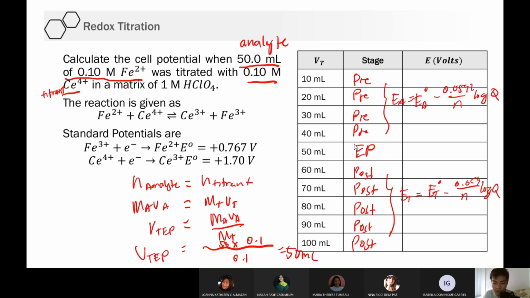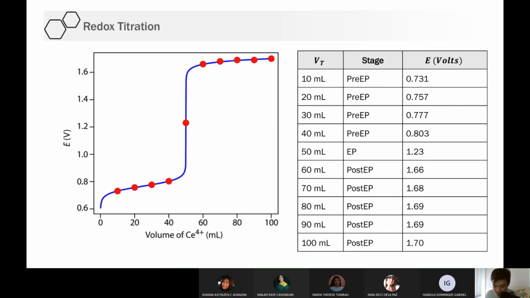Okay? So, pasensya na. I'm quite in a hurry because we have a very limited time for a very long topic. Kaya yun. So, sa worksheet ko na lang upload yung answer. But this is the answer. Ayan. So, this is the answer. Okay? So, take note of the equations na gagamitan per step na. So, binigay ko na sa table yon and this is how it looks like. Ito yung itsura ng redox titration curve.